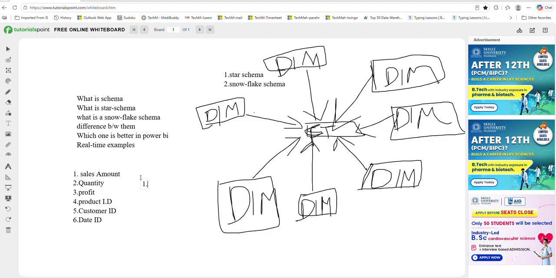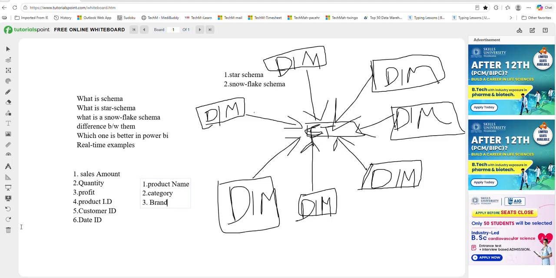First one is product. In product table there are different columns, right? Product name, category, and brand. So these three columns you can take in product table,